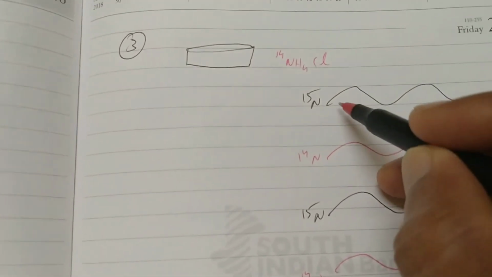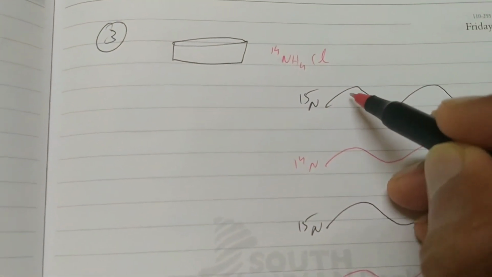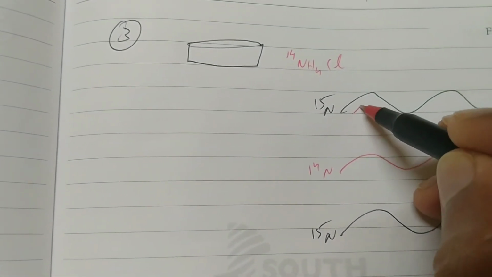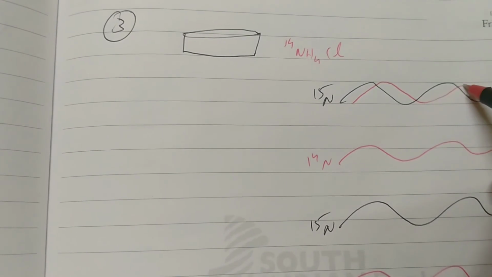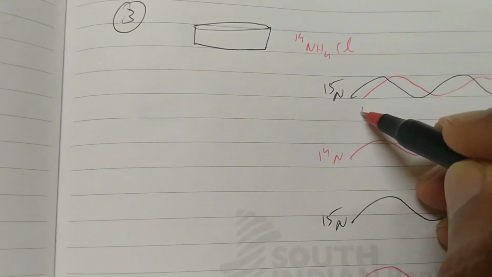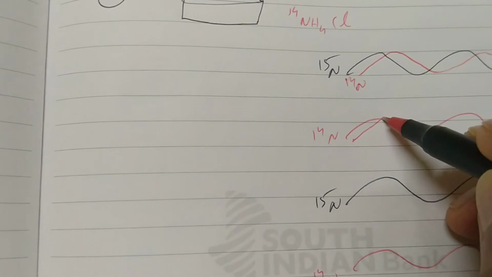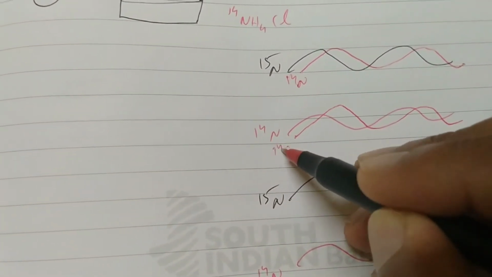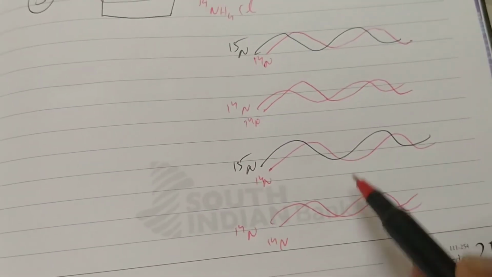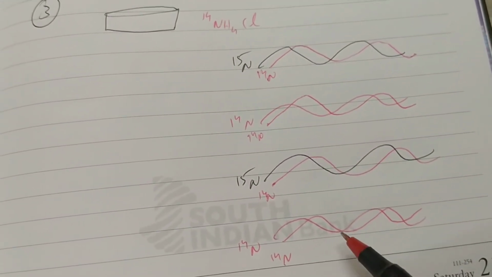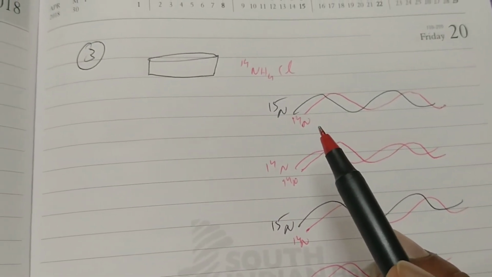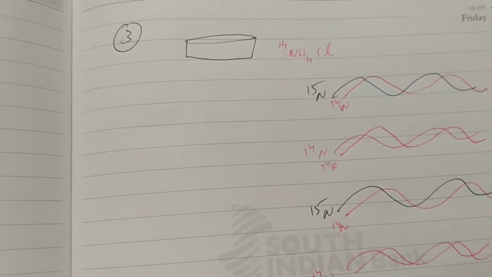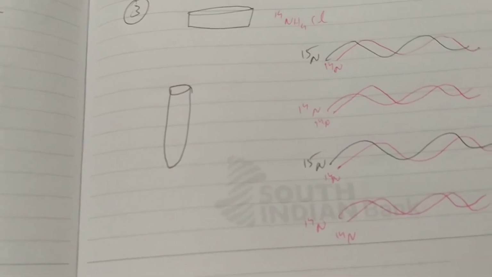Now it has to synthesize a new DNA strand, but for that the nitrogen source available is again N14. So that N14 will get incorporated in the newly formed DNA strand. So we can use that red color. Here also a new strand is formed. Again that N14 will get incorporated in this DNA, so that is also N14. In the same way it occurs in the next two strands also. So here the newly formed strands are again made of N14, the normal isotope. Now when they do a density gradient centrifugation, what will form?